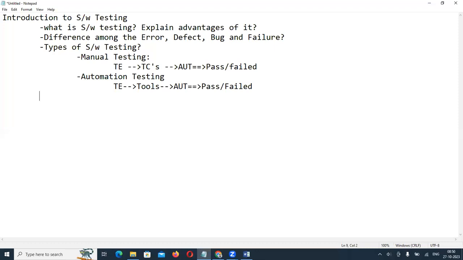From this concept, introduction to software testing. Okay. Next, I will explain the introduction to software, the basic things which you have to know. Types of software. So that is